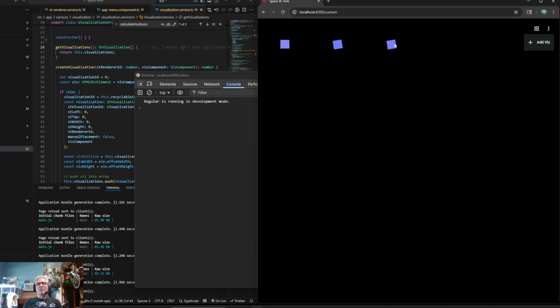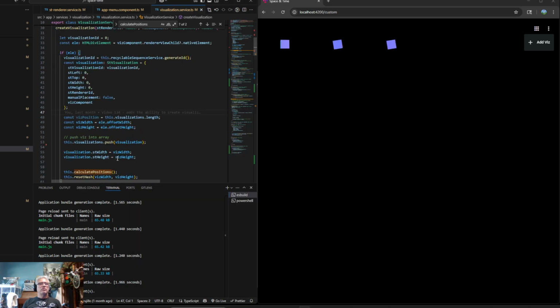And see, it's right there. This is the new one. And I can tell because it hasn't had as many animations applied to it. All right, so